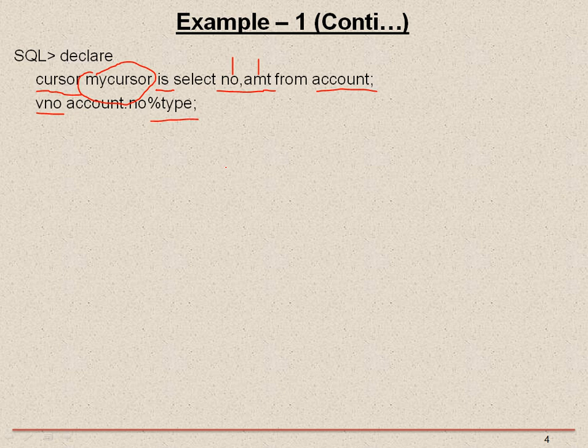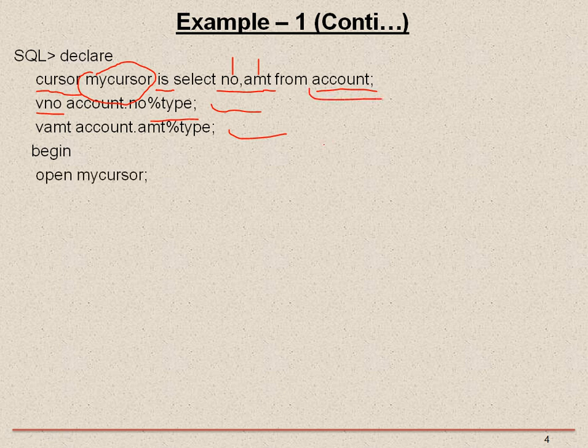Then the next variable is for amount also, and then the begin section starts. So this is just the cursor declaration and two variable declarations.